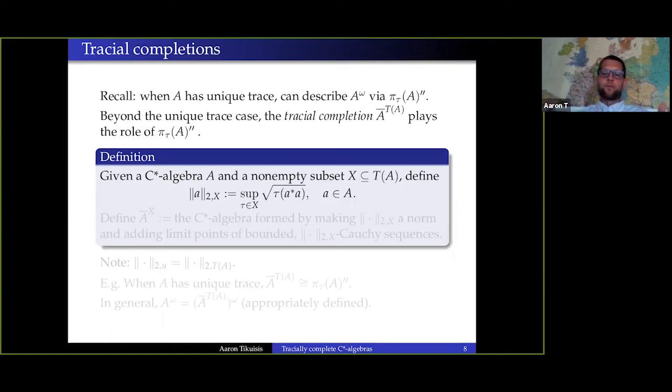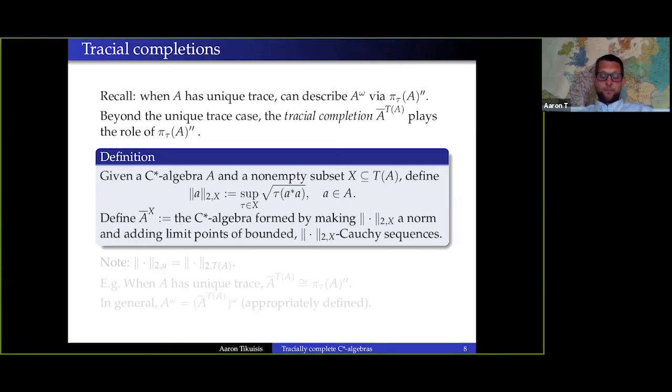But now, for various reasons, we want to define this beyond that case. Okay, and then we define the tracial completion with respect to the set X to be the C-star algebra that we form by, first of all,